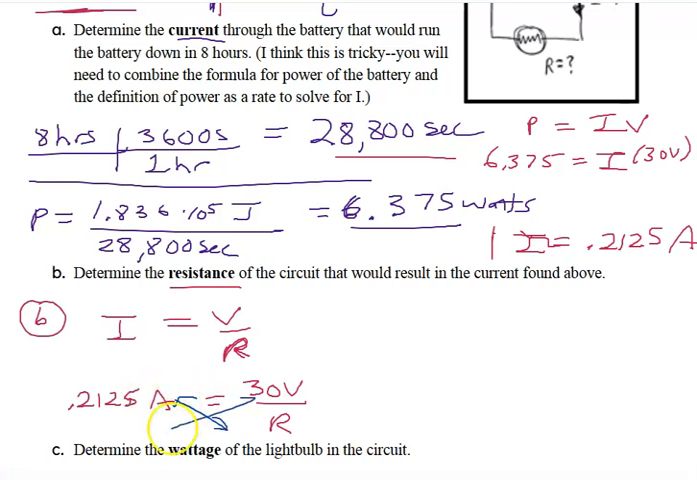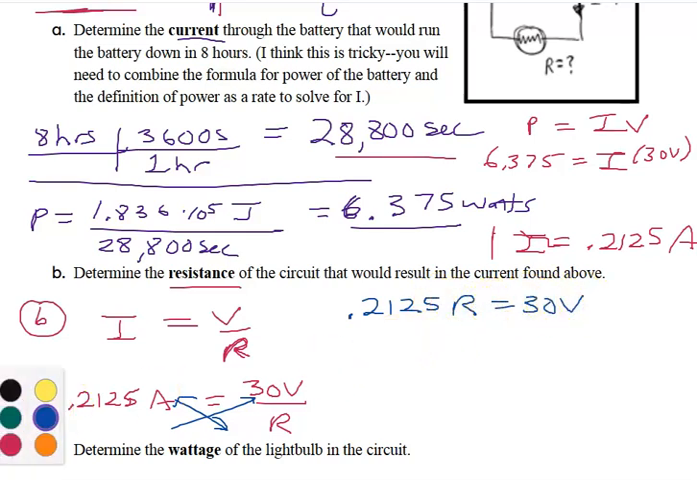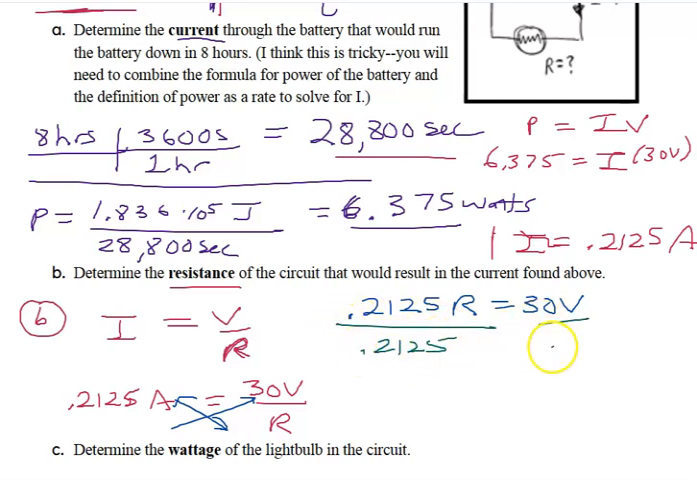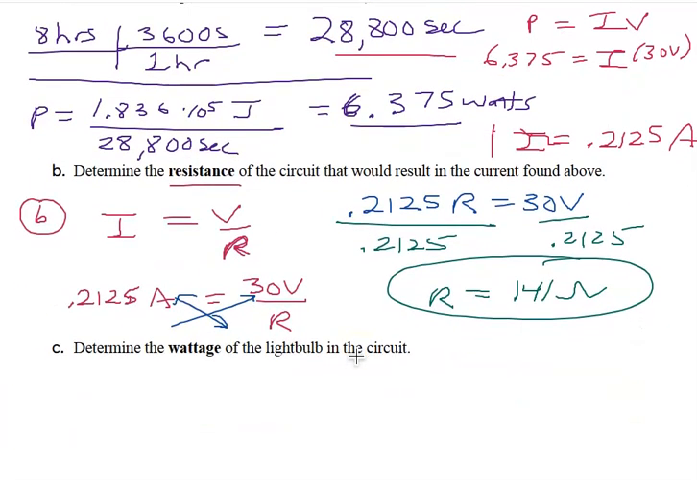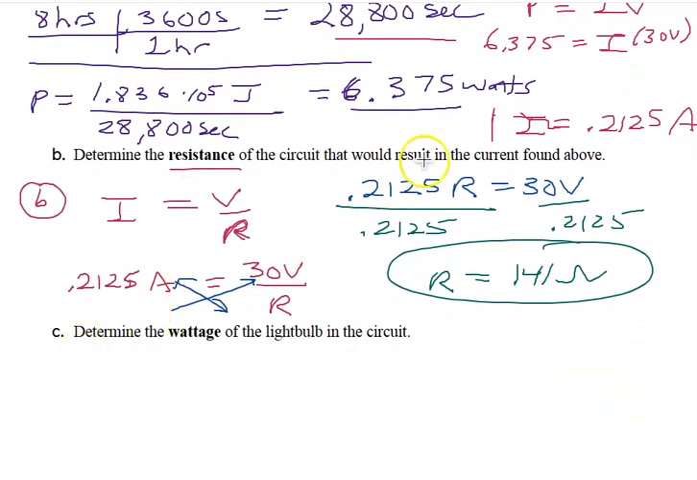So we're going to cross multiply: 0.2125 R equals 30 volts. And then divide both sides by 0.2125. And you get R equals 141 ohms. All right, and then question C says determine the wattage of the light bulb. Based on the way I solved it here, we actually know that the wattage of the light bulb is,